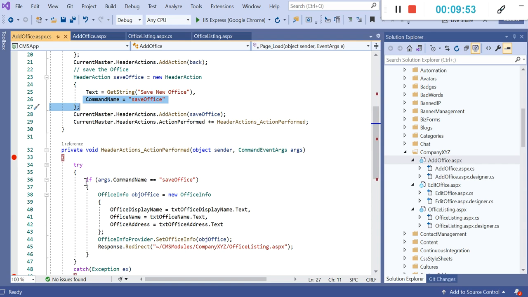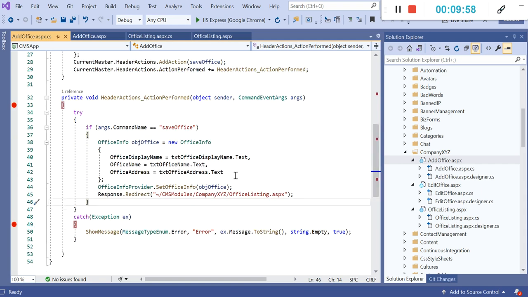For save office, I have checked this command, and in this I have created an object of office info, and office info has three parameters: office display name, name and address, and these are the fields whose values we are providing. For saving those office objects, we are using the Kentico API module class, which is office info provider dot set info office, and we are again redirecting it back to the office listing page.